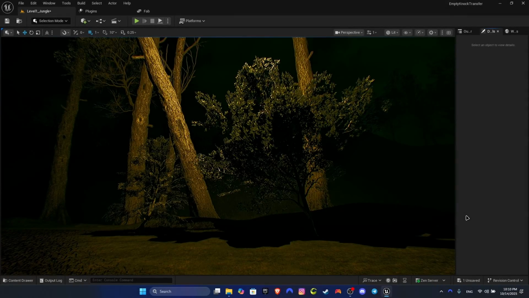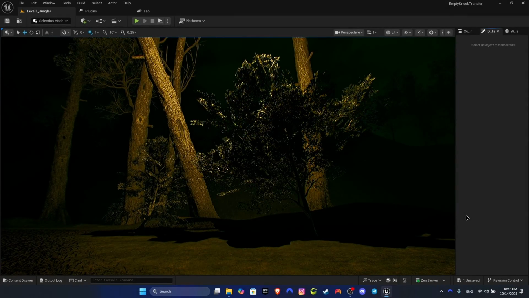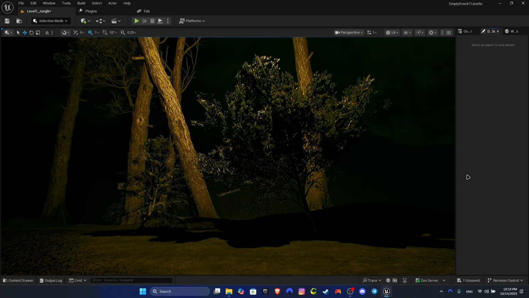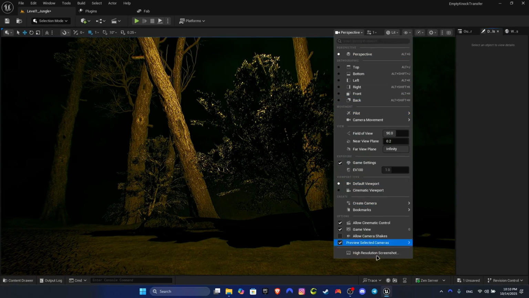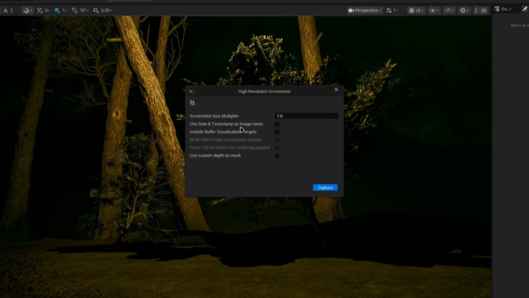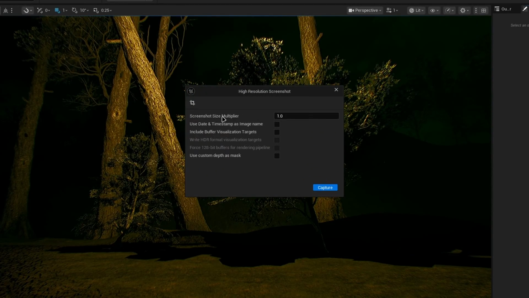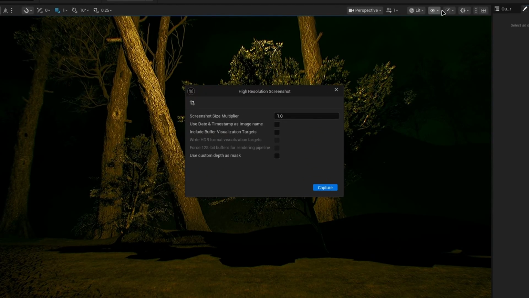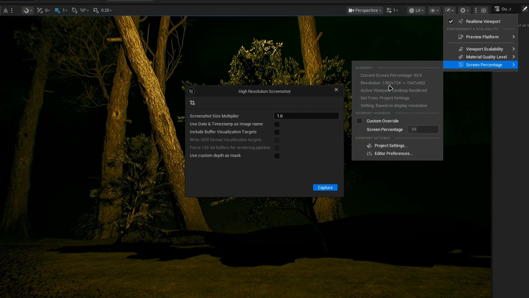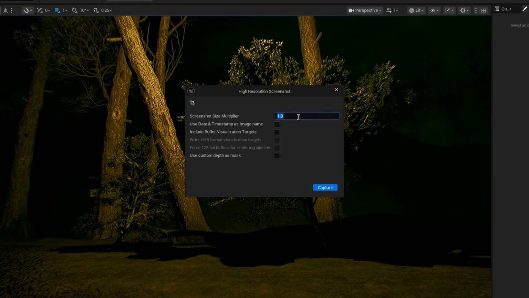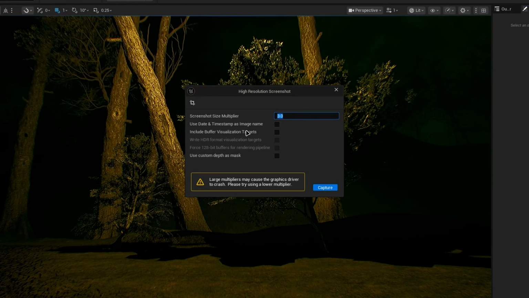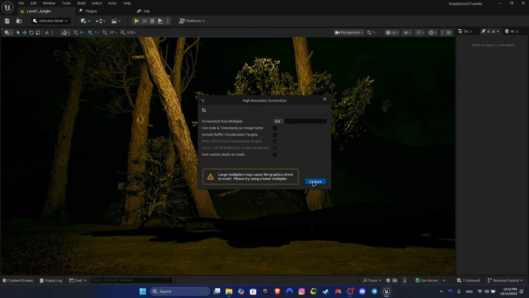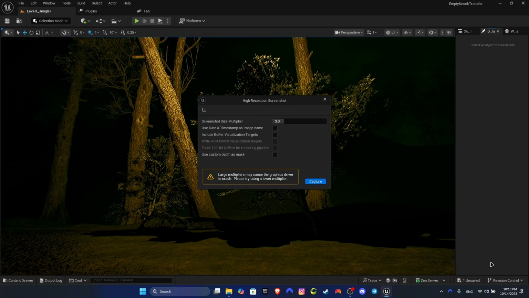Today in this video I'm going to show you how to take a high resolution screenshot from your scene in Unreal Engine 5. So here you're going to click on perspective and then high resolution screenshot. Then you can easily adjust the screenshot size multiplier, which multiplies the number that you see here. Say the resolution is this much, so you can increase the resolution multiplier to, let's say, 3 for 4K, and you can hit capture. And then a pop-up box comes here and says it's captured here, but if you missed it,